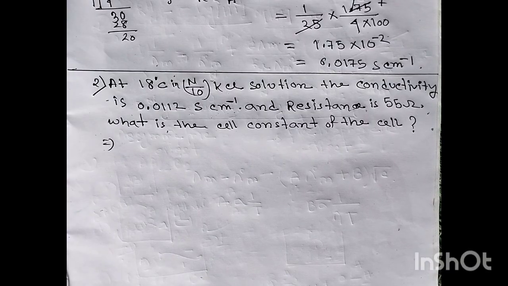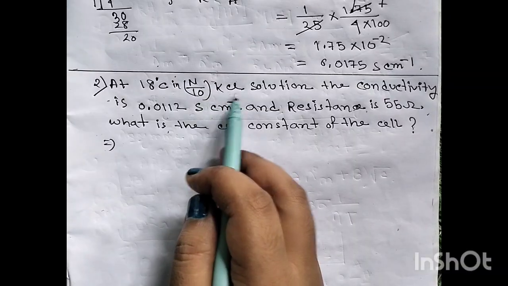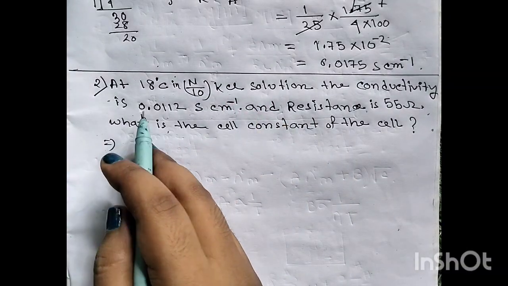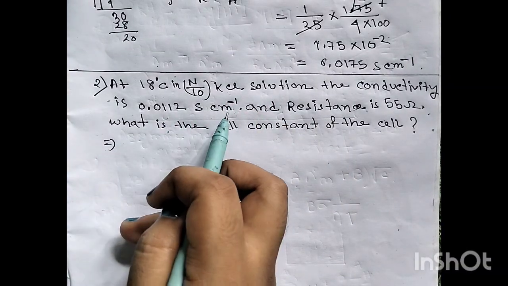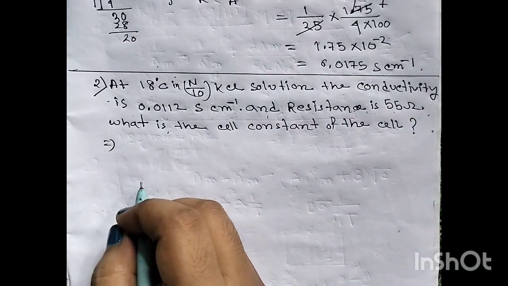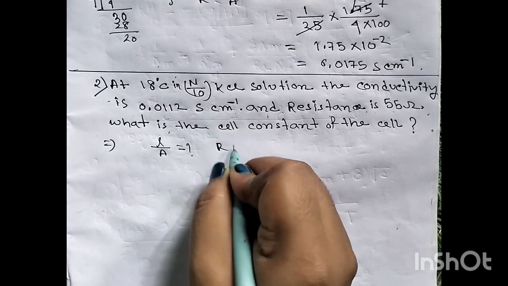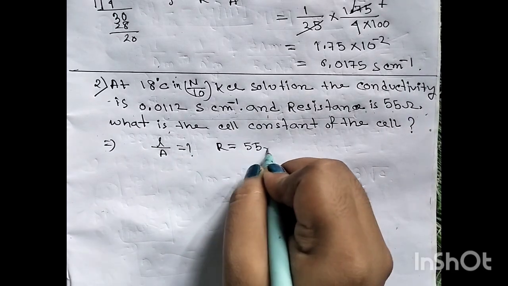Okay, now the second question is, at 80 degrees Celsius in N/10 KCl solution, the conductivity is 0.0112 Siemens per cm and resistance is 55 ohm. What is the cell constant of the cell? Cell constant means L by A. The value of R is given, R equals 55 ohm,